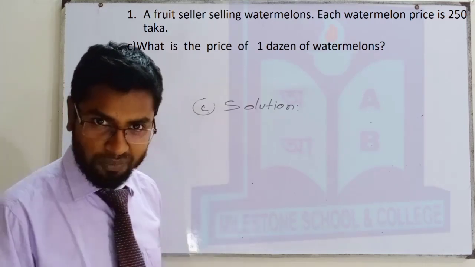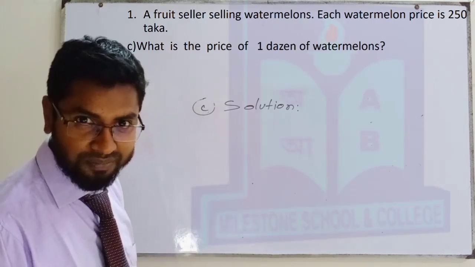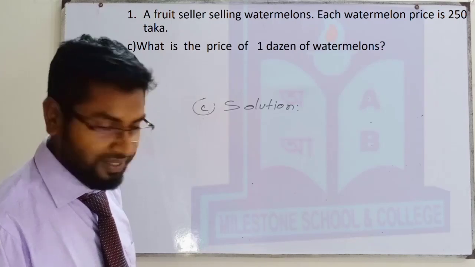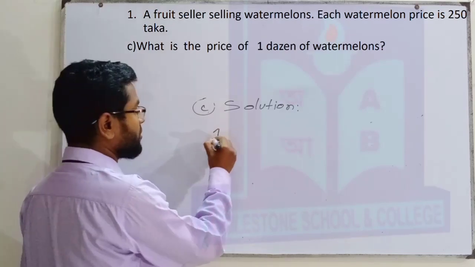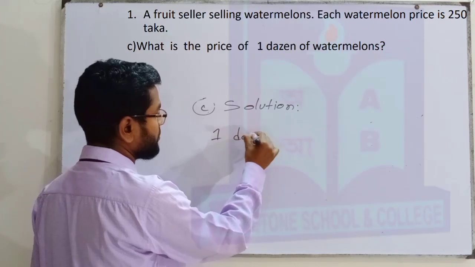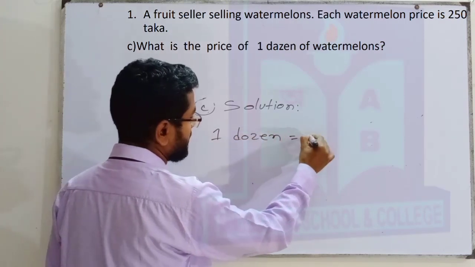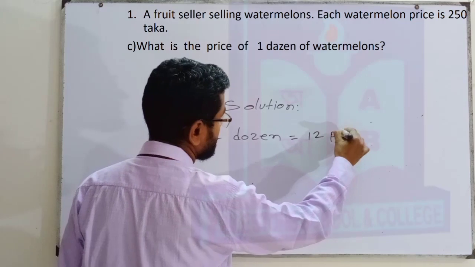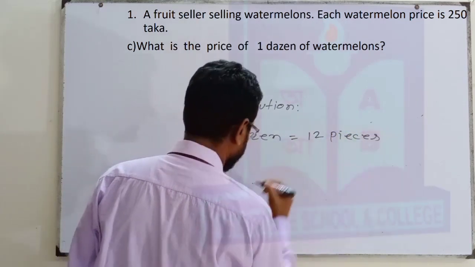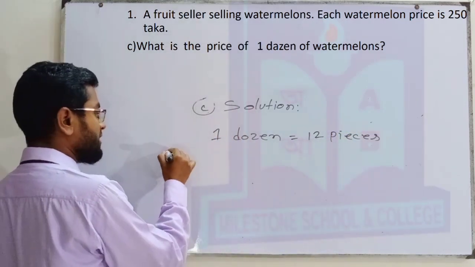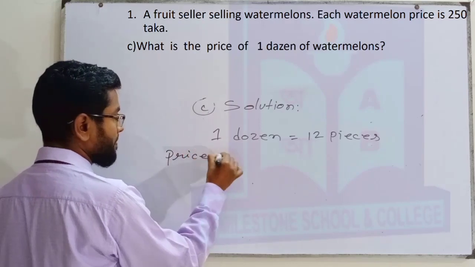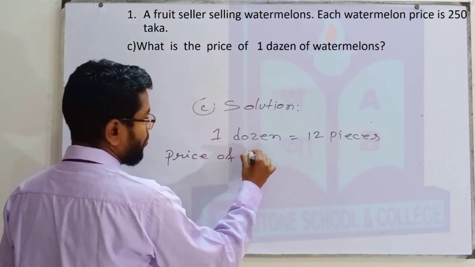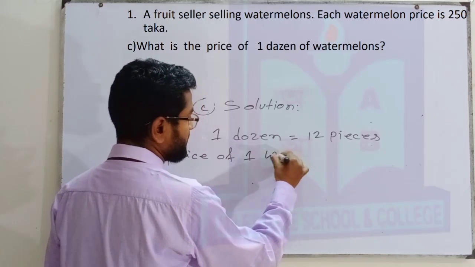Yes, you are right, you are brilliant, those who have told. Yes, 1 dozen equal to 12 pieces. So we can write price of 1 watermelon